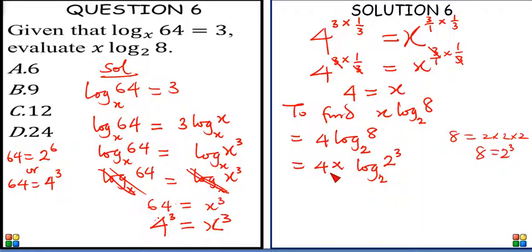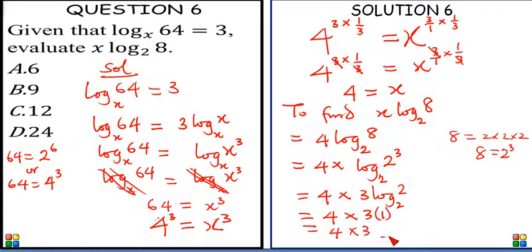Okay, let's move on. That's going to be 4 times 3, the 3 can come down, this 3 can come to the front there. That's one of the laws of logarithms. 3 log 2 base 2. Log 2 base 2 is equal to 1. So this becomes 4 times 3 into 1, and that is 4 times 3. What's 4 times 3? That's 12. 12. Option C is the correct